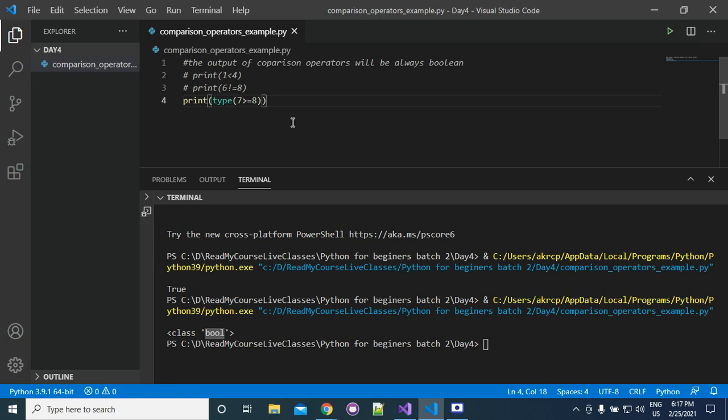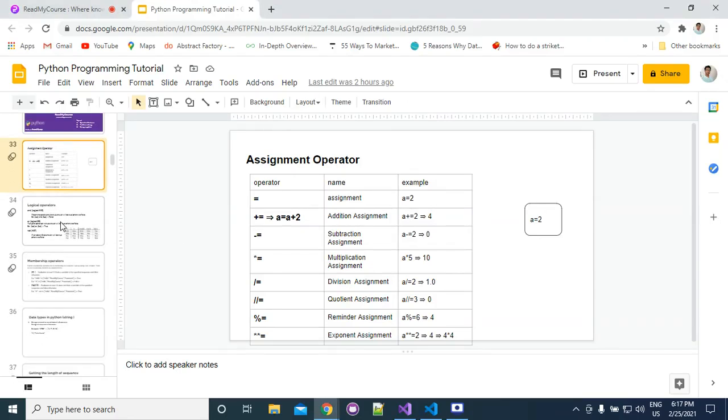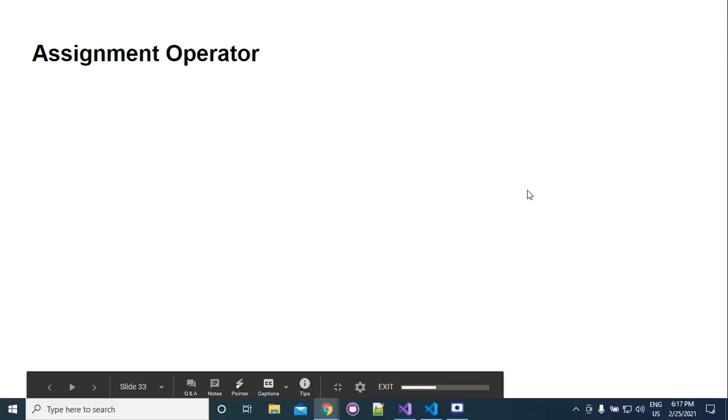You can practice on it, so I'm not giving more examples. Next is the assignment operator. As I told you, assignment operators are basically used to assign a value to a variable.